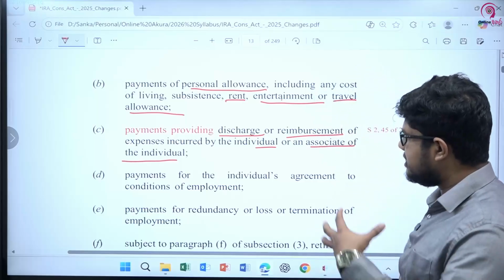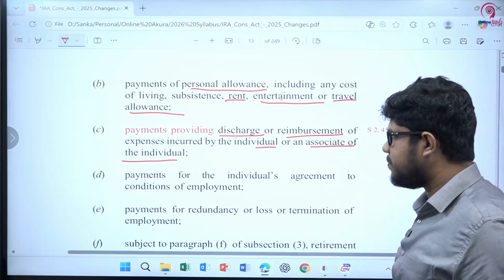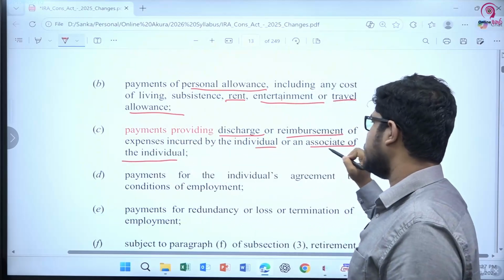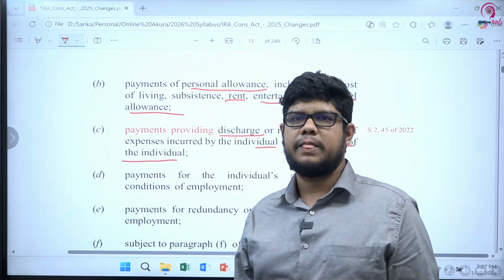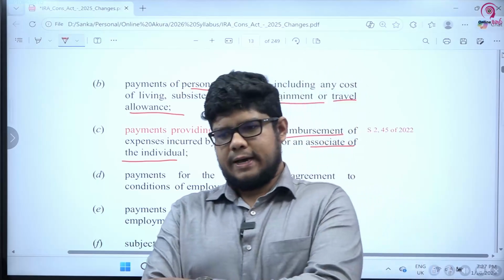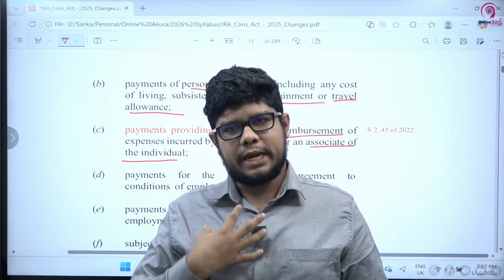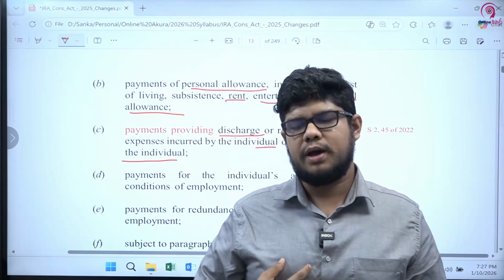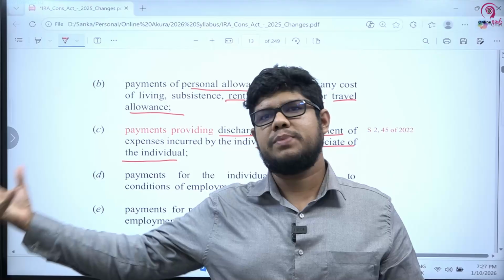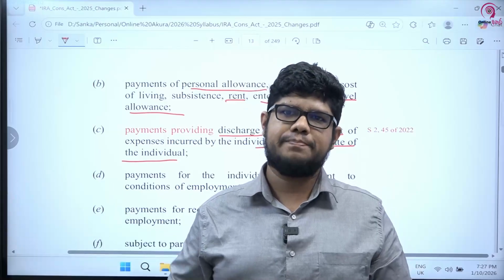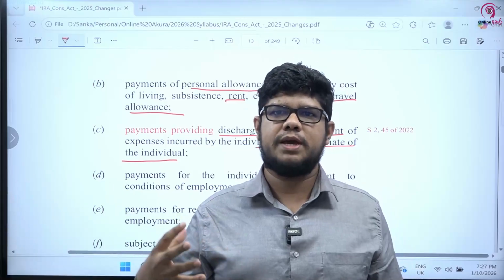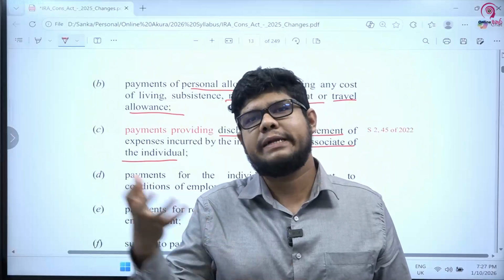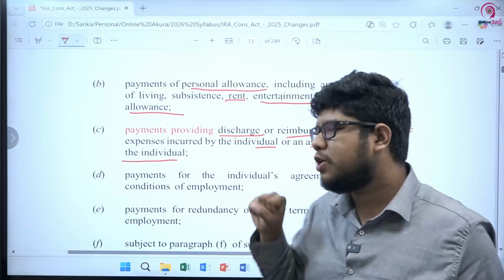Payment providing discharge or reimbursement of expense. Firstly, understand the expense incurred by the individual or an associate of the individual. So I'm an employee, and I pay my MBA cost. I'm doing an MBA, so I'm paying that from my pocket, and I take that bill and go and claim